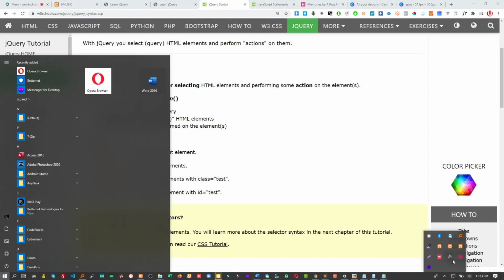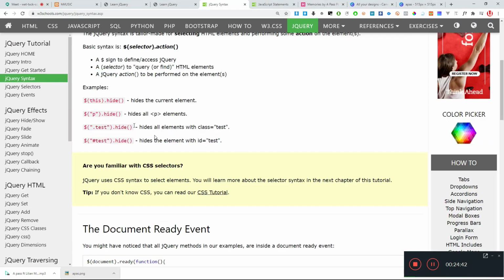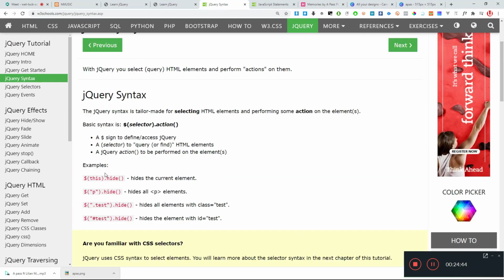I hope this thing is recording. It is recording. Remaining is 6 minutes. Okay, these 6 minutes I can use them. So I'm going to show you how to select an element,